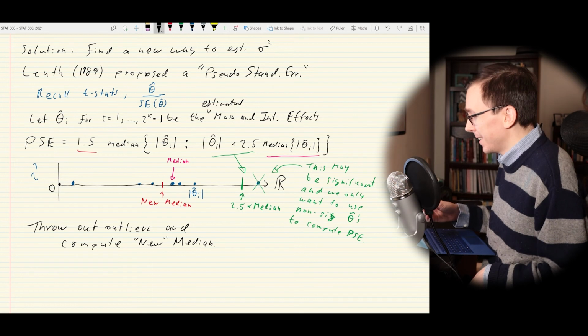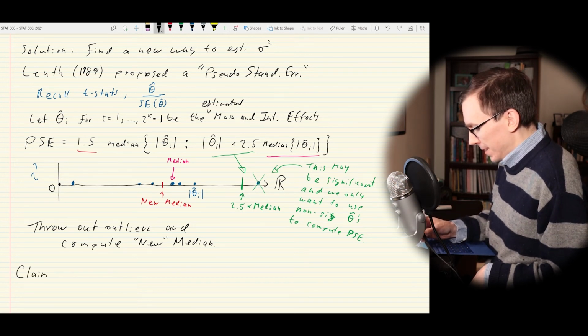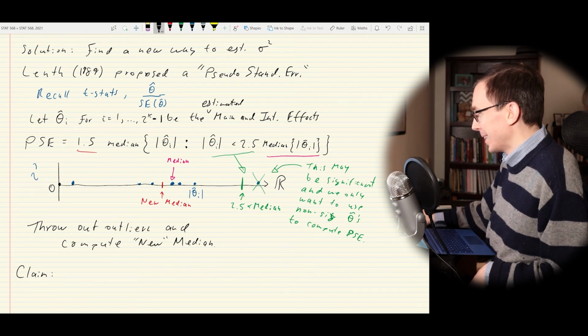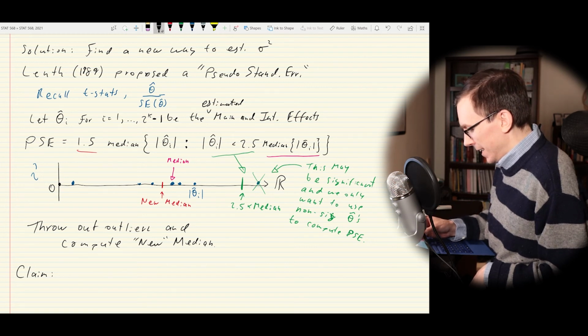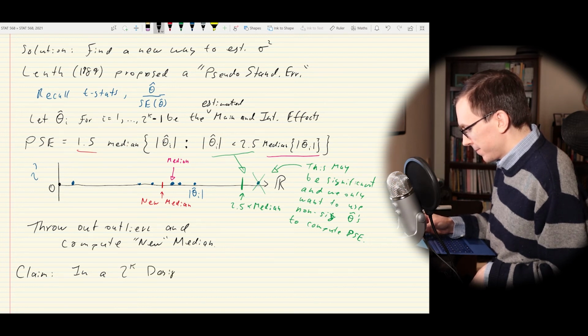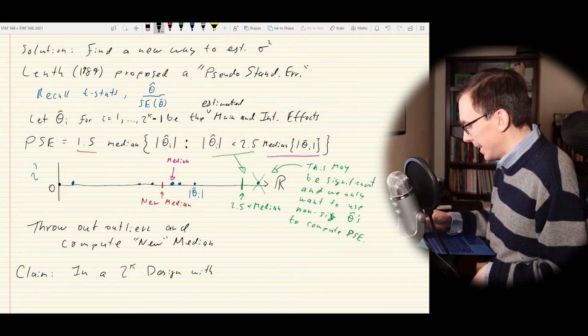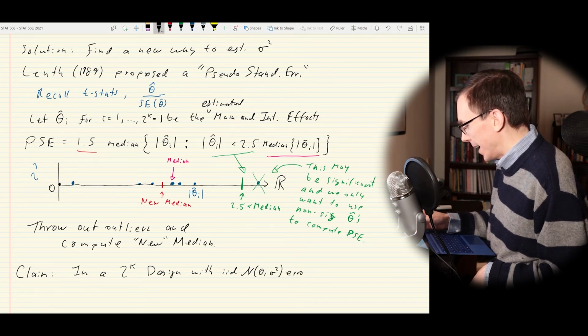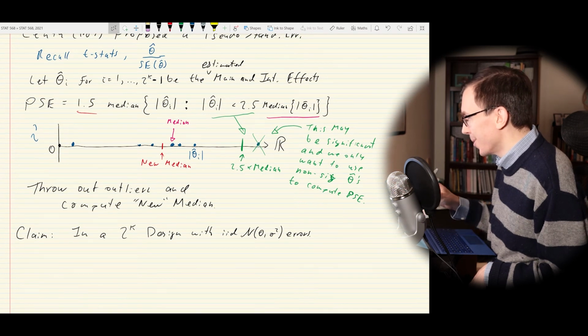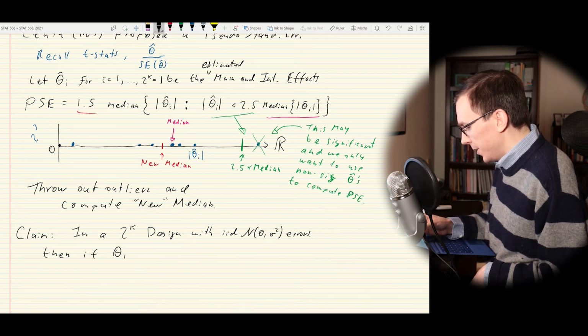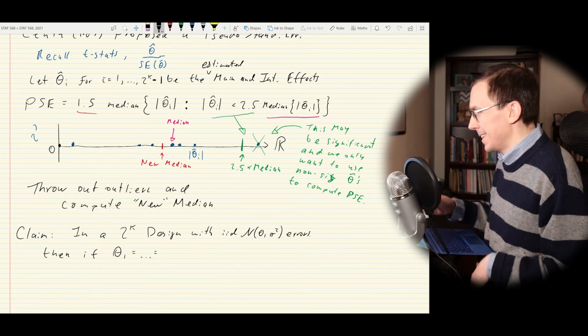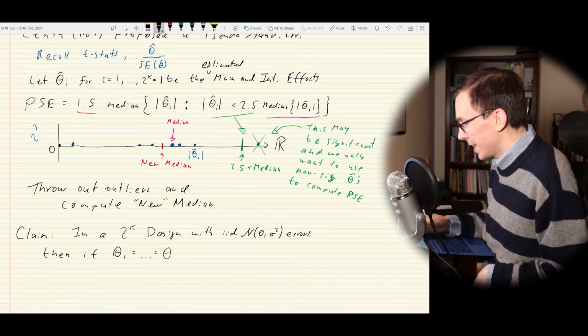Okay, so we've done that, and then the claim that we're not going to try to prove, because it's kind of annoying, but I guess you can read up on Lenth if you really want, is that in a 2 to the k design with specifically IID normal 0, sigma squared errors, as is always kind of the case that we want in this course, then if theta 1, notice there are no hats here, these are the true main and interaction effects that we're trying to estimate,